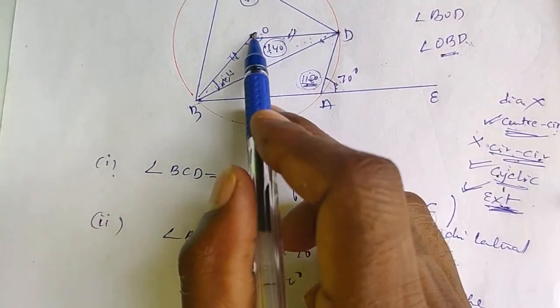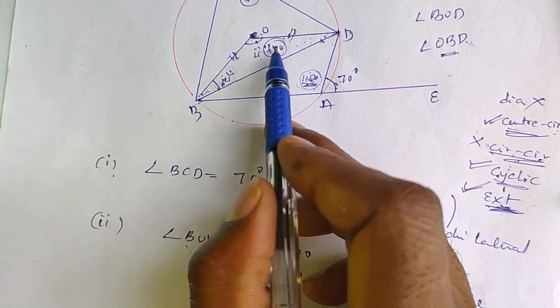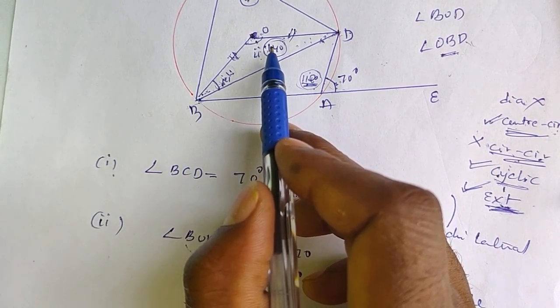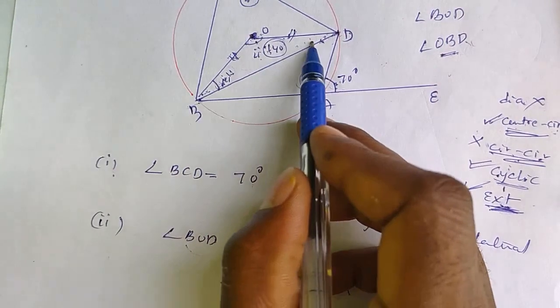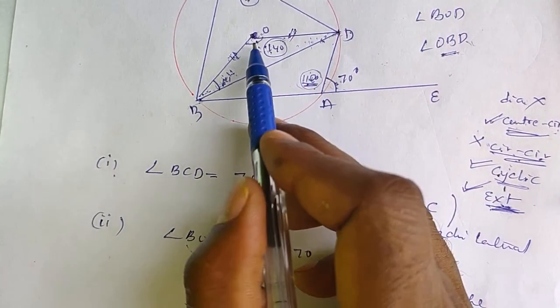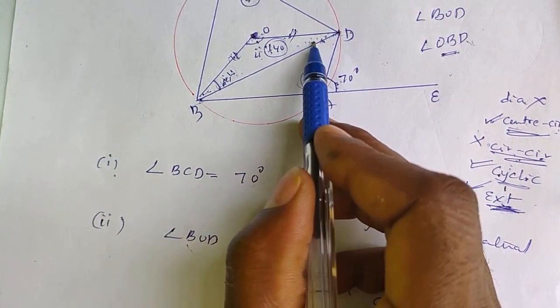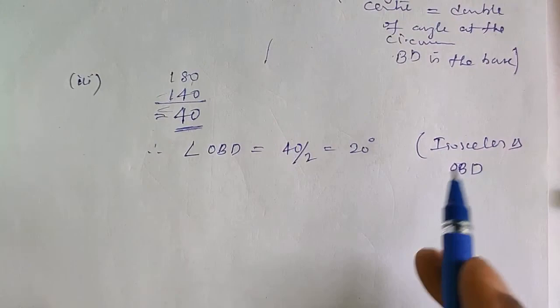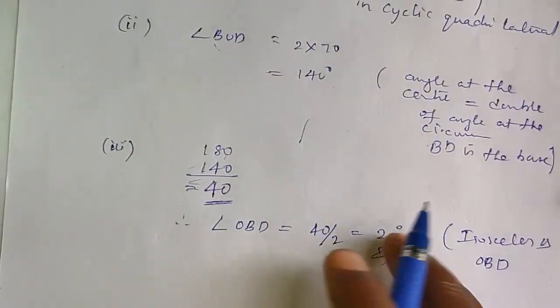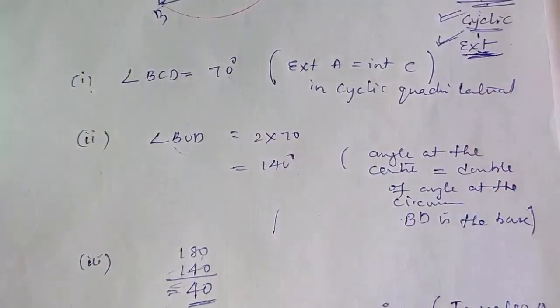So OBD is an isosceles triangle. In that this is 140, means in 180 degree 140 is subtracted, 40 remaining. That 40 we have to give equally here. Reason is two sides are equal, angles are equal. Therefore the remaining 40 degree I have to divide equally, 20 plus 20. Then we finish the problem. Continue. Look at, the steps are only 3, with the proper reason we get 4 marks.